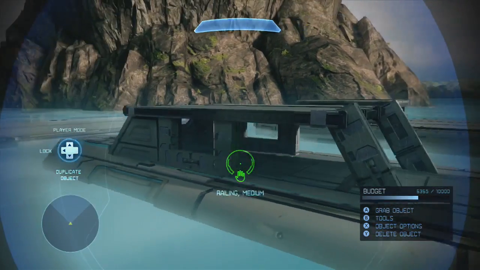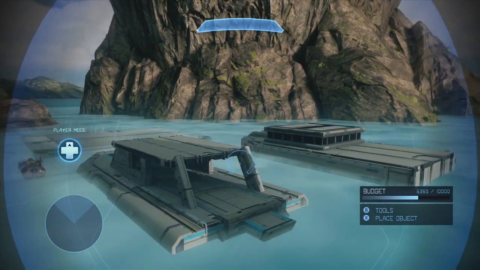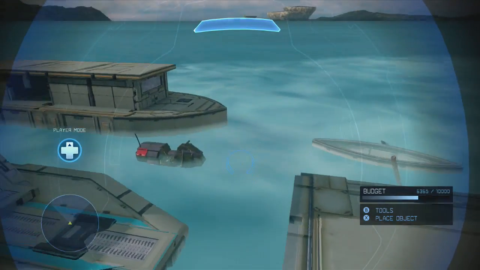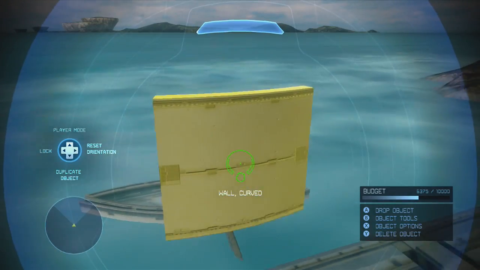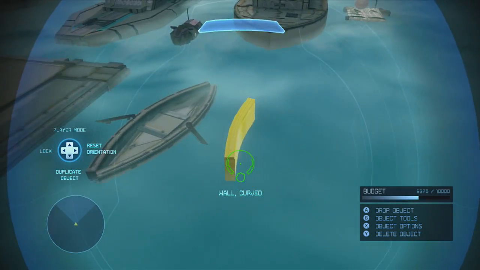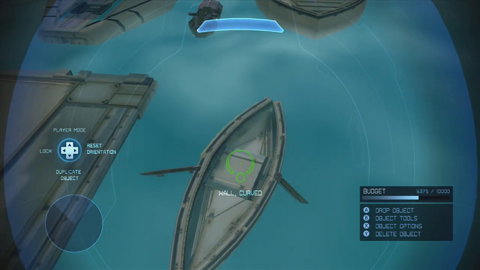Like, you just take these models and modify them to make them your own and make them cool. Well, here I can go with a jet ski, but I think I'll make you wait and show you how to forge a canoe. This one consists of 4 wall curved, like this, and then you flip them around like this, and then you